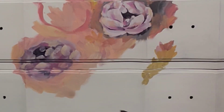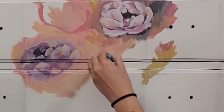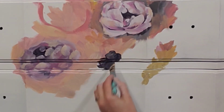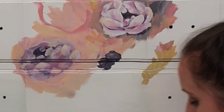I'm gonna get my aubergine again. That is my deepest color. It's going in the center of my flowers. I'm gonna have this one facing the opposite way, so I'm gonna put it facing kind of down. And I kind of make my brush strokes in the direction that the petals would be going, even at this step. And we'll lighten that aubergine, add a little bit of peony into it,